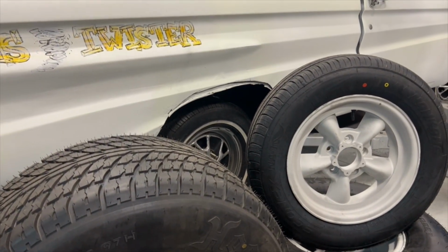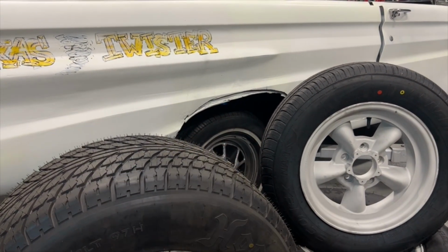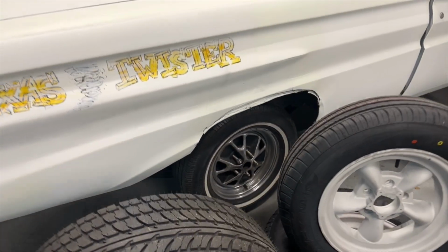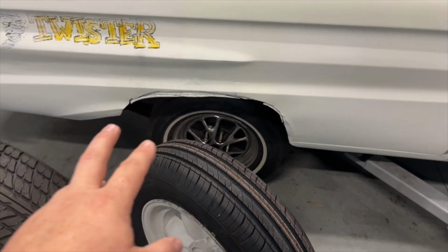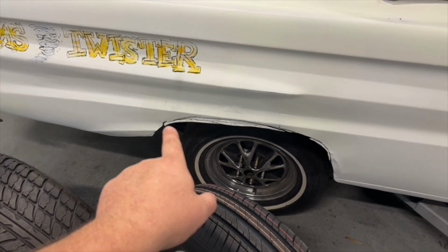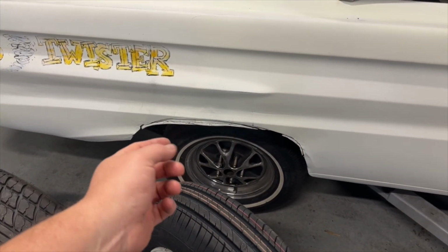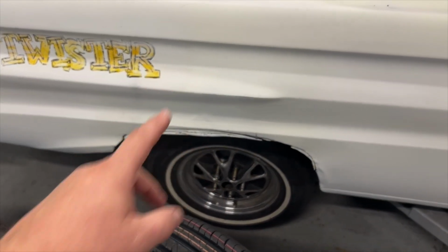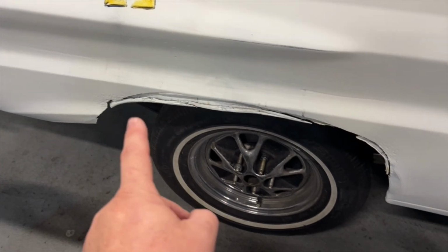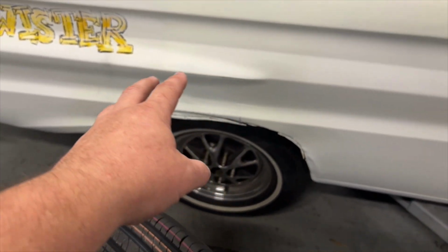But the next problem we're going to run into is this wheel arch right here. Now, as I mentioned in a previous video, this was actually cut a long time ago. This is actually bronze welded with an oxy. So yeah, I've relief cut it on this side. I don't think I've touched the other side. I can't remember right now, but I've relief cut it because when we're doing the panel work, I noticed that